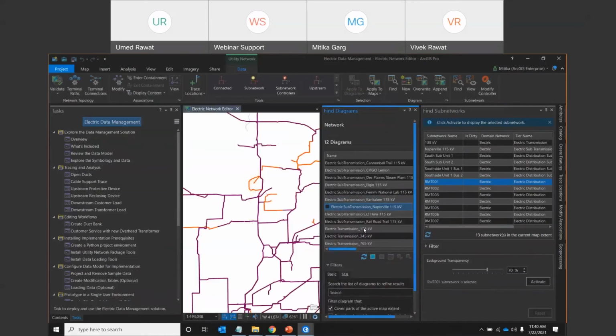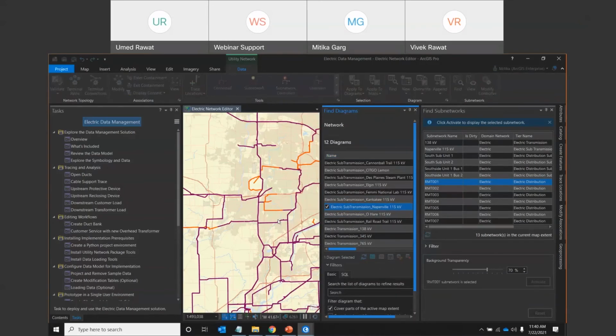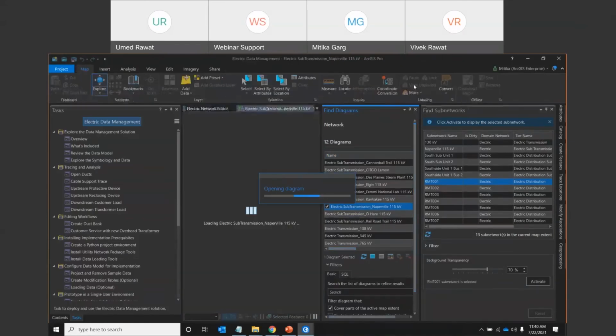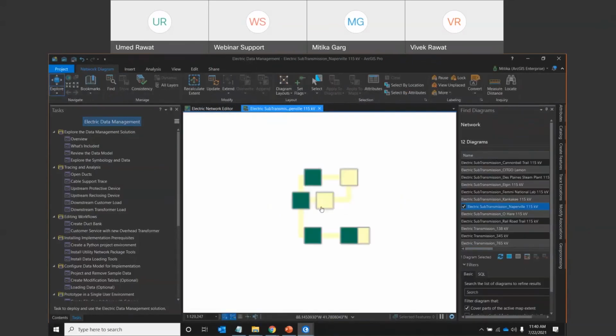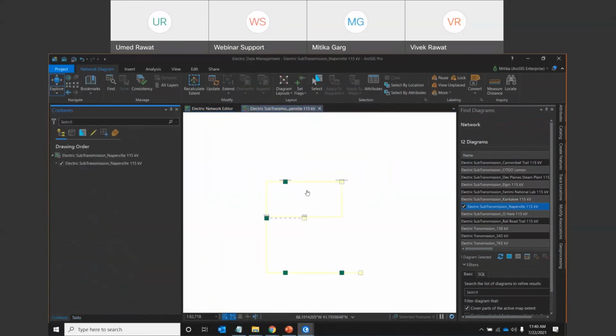So if I run any, okay, I go into this diagram, which I pre-created. You can directly trace any feeder and just go new, and it will create a single line diagram. You can see it this way and in the content pane also.